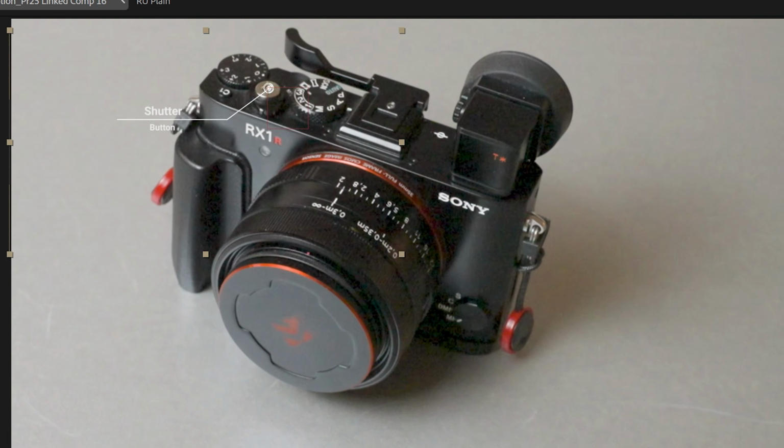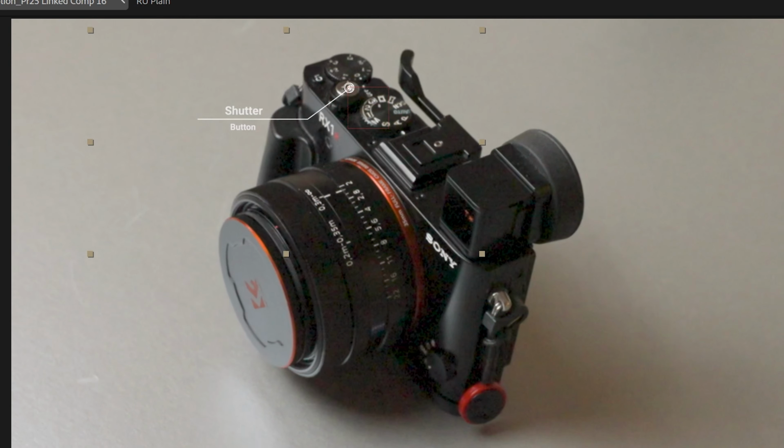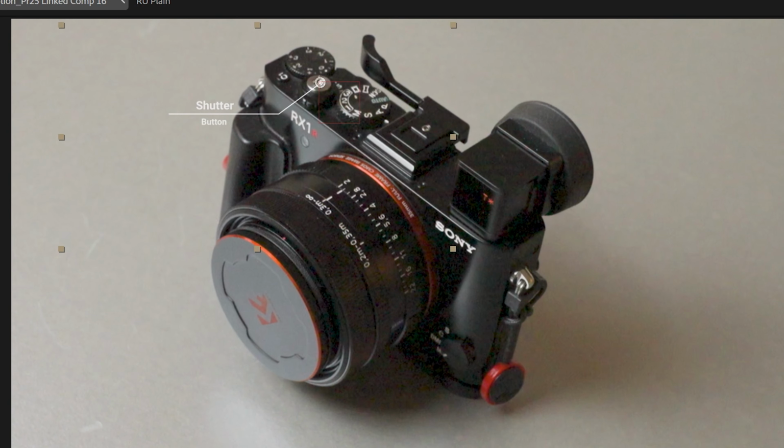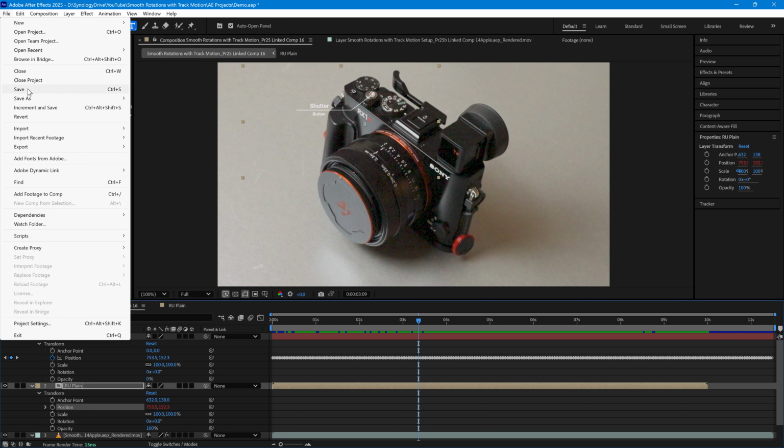So that's how you do it. You can track anything that you want to on the product or whatever video that you're using. It could be, for example, identifying the runners or the cars in a race, whatever you need it to do. I've demonstrated one, and you would just simply repeat exactly the same process, create a new null object, bring in a new callout, and track it in the way that we did before. So that's all that we need to do, and we would just simply save that,